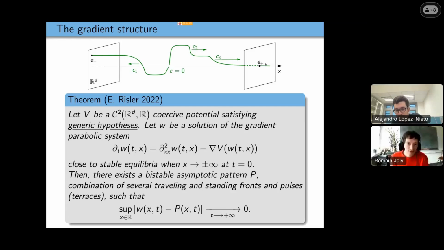Somehow here I just consider the case where the patterns have limits when t goes to plus and minus infinity. In our result, the patterns we are looking for are patterns where your solution is constant, close to plus and minus infinity. If you want to have a more complicated pattern, like for example a periodic solution or spatially periodic solution, then of course it's more complicated. It's not included in this result.